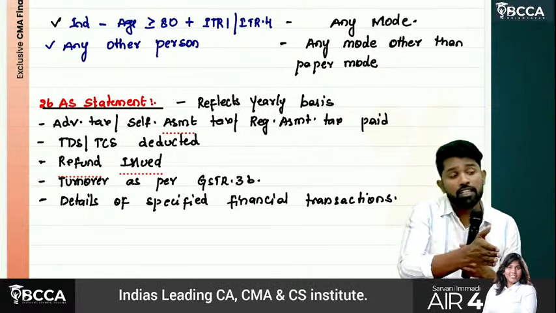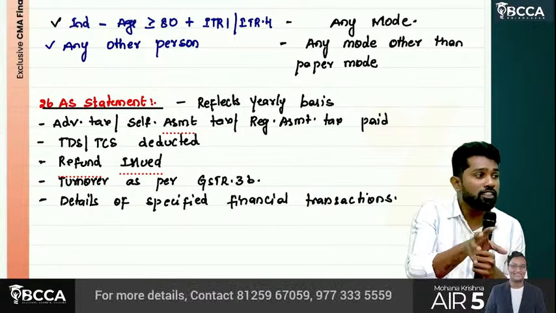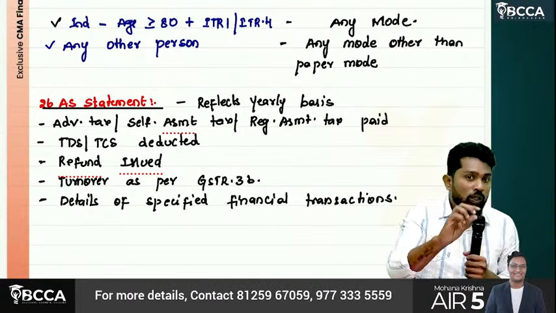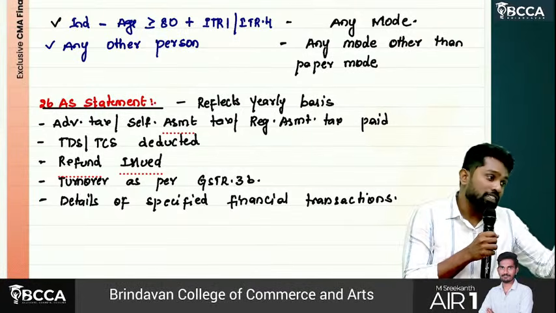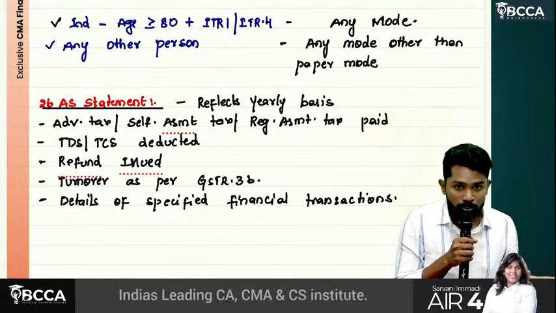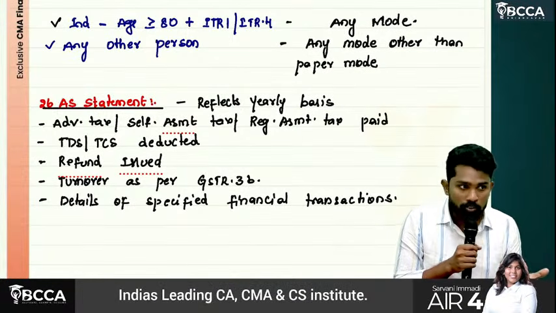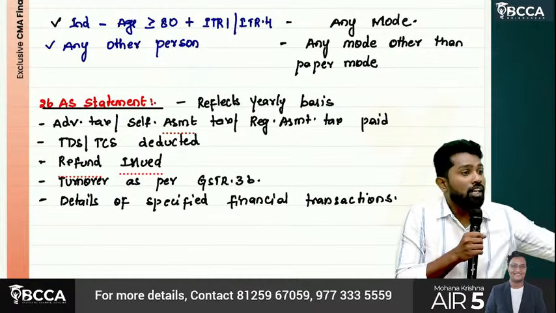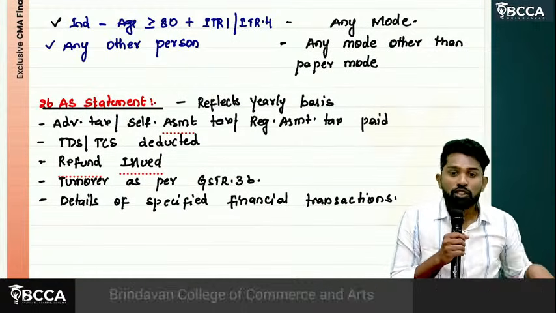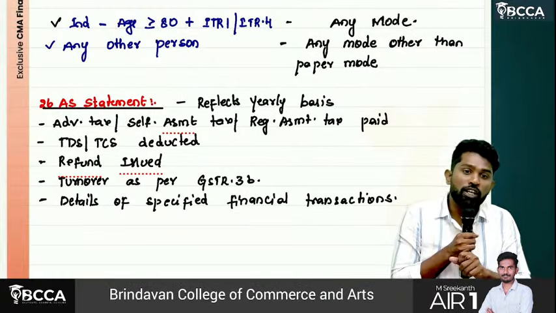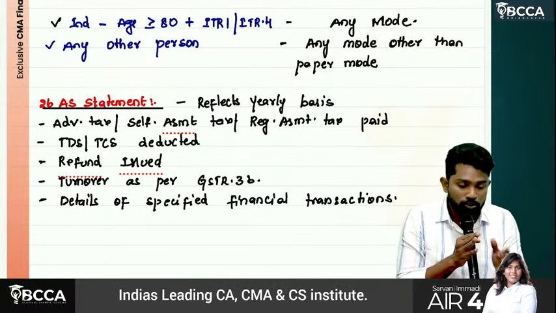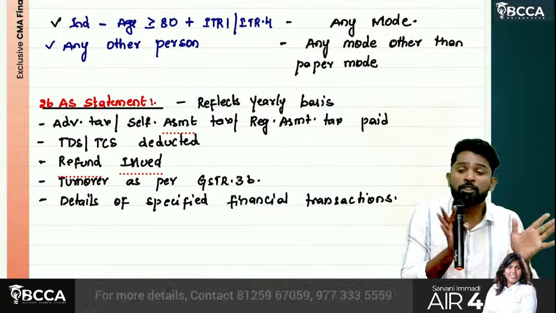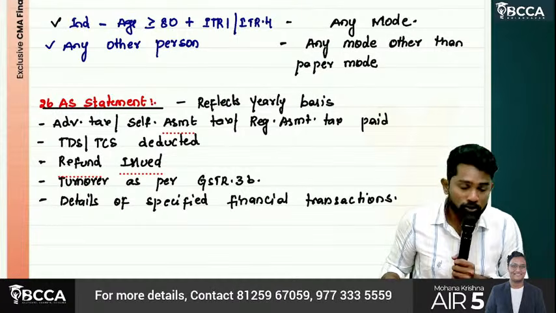But in CA articles, what you will do is, first year you will be a junior article. Okay, you will learn how to do. But by the second year, you will learn how to manage the team also. Mostly, sir, you will become senior, there will be other junior articles, so you will be training them. So you will know how to train them, how to manage them also. It's not about just learning the skill, it's even about managing a team also. So articleship is